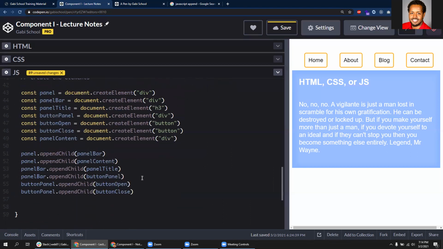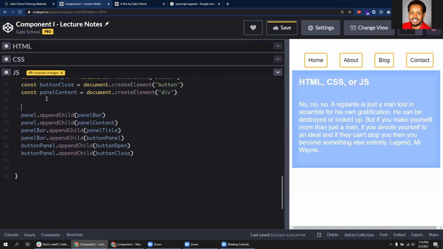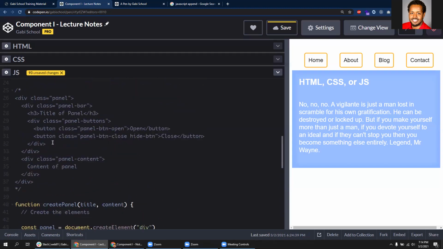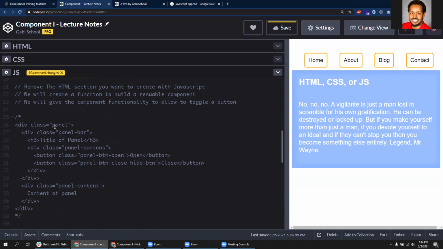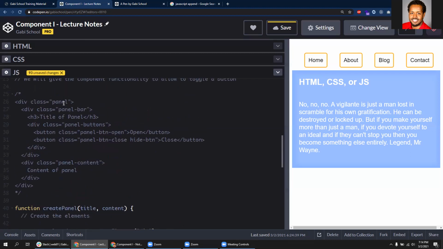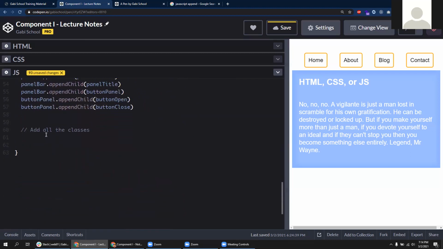We have this class, okay? So now this was appending everything together. The next thing is all the classes, okay? So we're just going to start from the top. Who remembers what we used to add a class? We're going to add a class to the first one, which is panel. Class list, yes. So we're going to say panel dot class